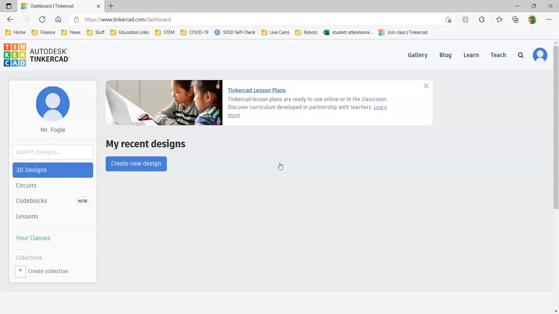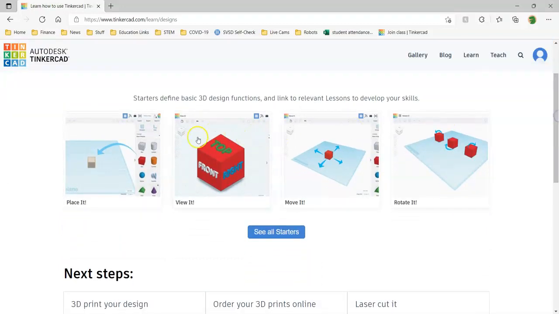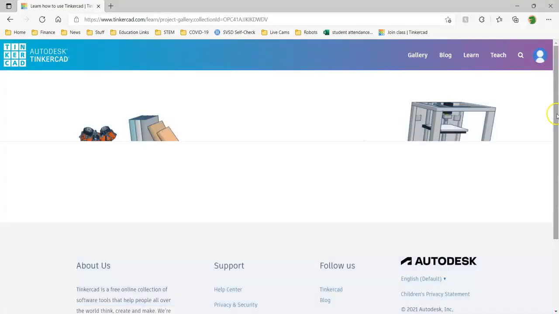Your first time logging in, first time ever on Tinkercad, I want you to follow along and finish the learning lessons. And so you're going to go up to the top right here where it says Learn. I want you to click on Learn. And there are what's called starter projects or starter lessons. So there's 4 starter lessons, but if I click See All Starters, you're going to see that there are